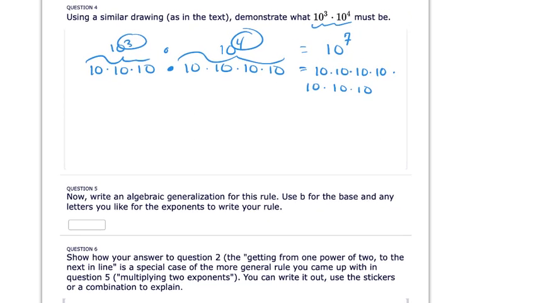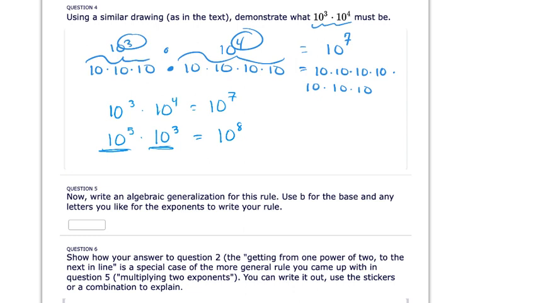In fact, let's go to a few. So 10 to the third times 10 to the fourth equals 10 to the seventh. 10 to the fifth times 10 to the, let's do 3. That would be 5 of them, then 3 more, so it gives us a total of 10 to the 8th multiplied